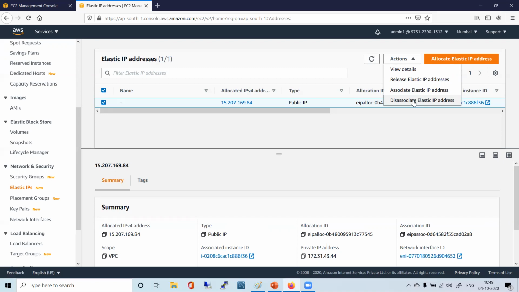What is the reason we should go for it? Suppose we have to access something through the hostname, DNS, independent of the IP, then the IP will not matter, right? There are various use cases which will not work without an Elastic IP, without a static IP.